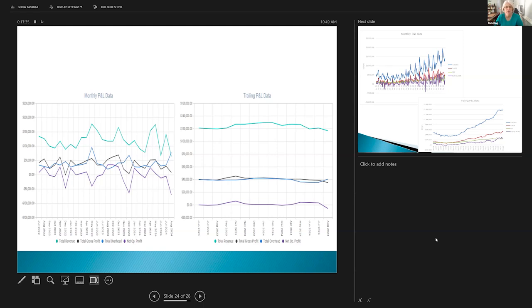He'd been looking at numbers. He's just been looking at numbers, and he wasn't making the transition from, oh my goodness, we're really and truly not making money. Because if you look at the left, there are months that he made a profit, which is the purple line on the bottom, and there are months that he didn't. And so he's not thinking he's going in one direction or another. He's just there, so to speak. And until he put the numbers into the software, which takes less than a minute,